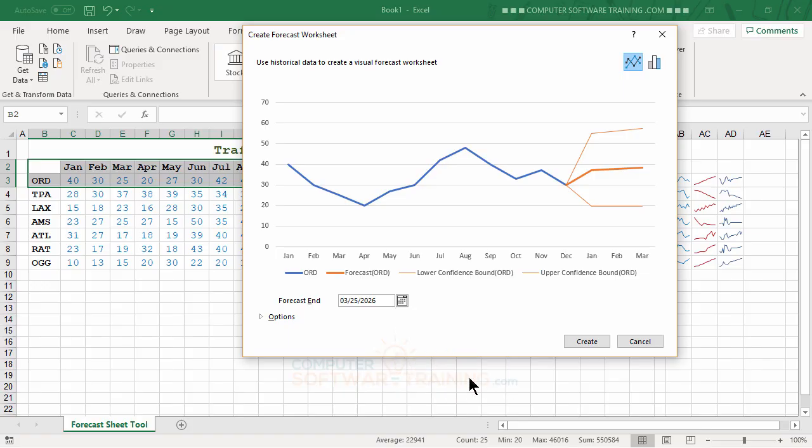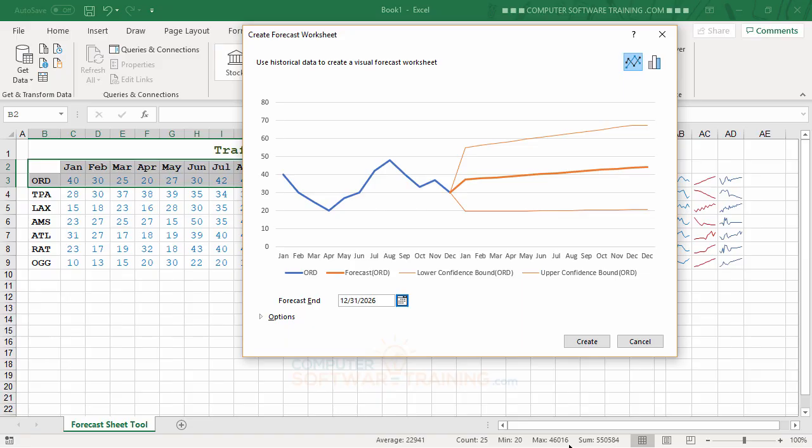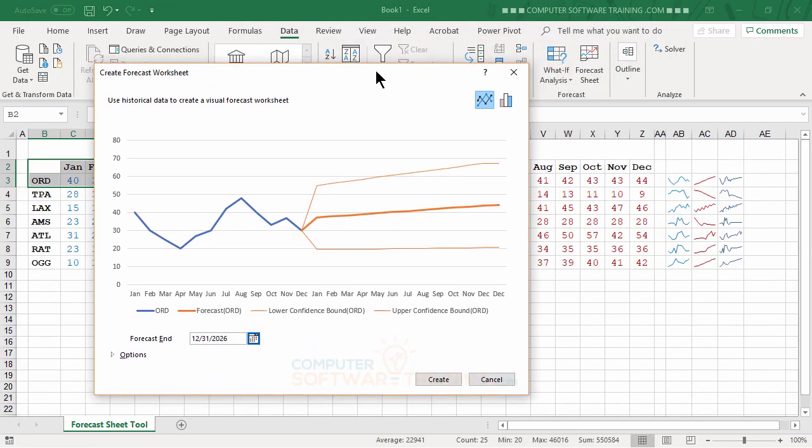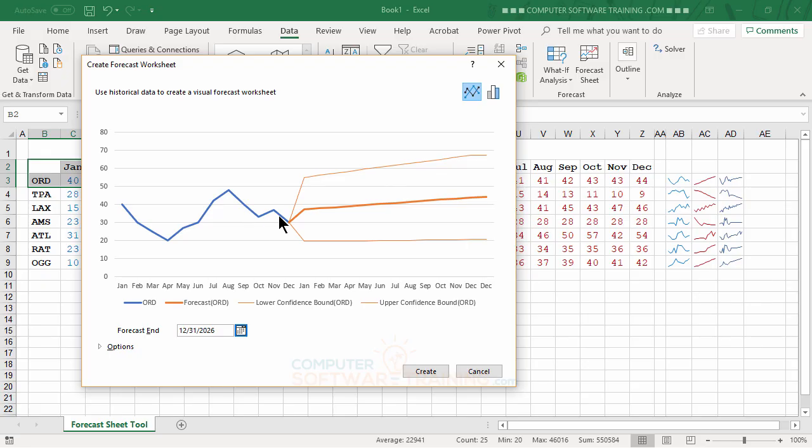So out to December 31st, just like that, and there we go. So when you look at this graph, the main part here, which is the forecasted one, lower confidence, higher confidence, but this would be what you'd want to go with here. If you look at that graph, and you look at this graph, it's pretty much the same thing. See, this graph is for the whole 2 years, that one there. So that's pretty cool. And then what you can do at that point then is go ahead and hit create,